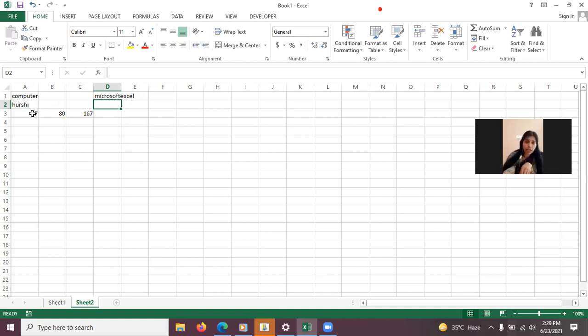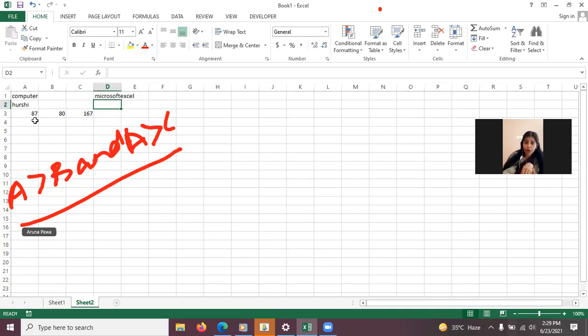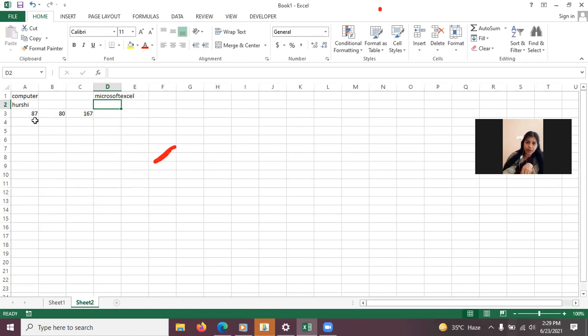Like, suppose I write A will be greater than B and A greater than C. So if I write this way, this means when will A be greater? When it is greater than B and C both, because of this AND operator, right? So these kinds of formulas we can perform in Excel. How to perform that we will come to whenever the topic comes in the chapter.